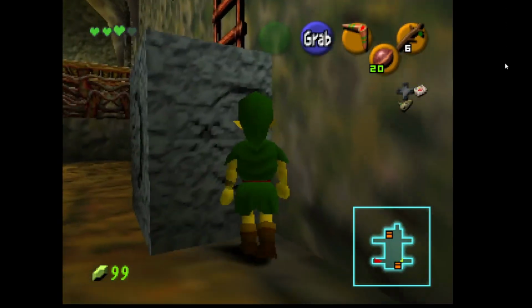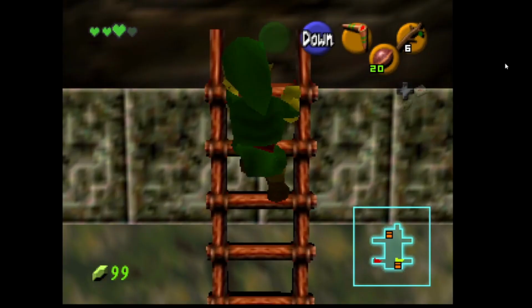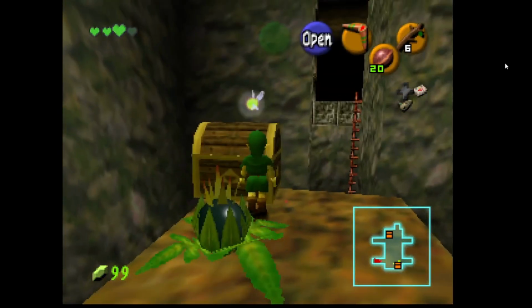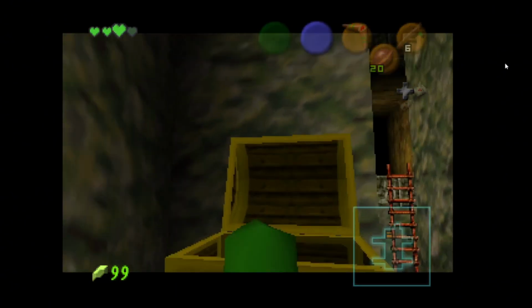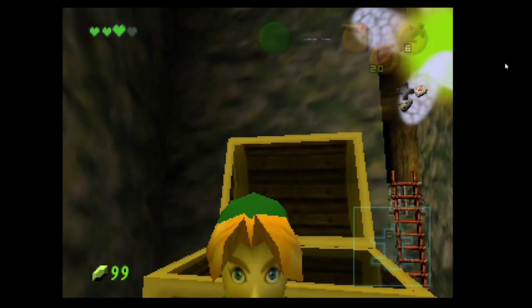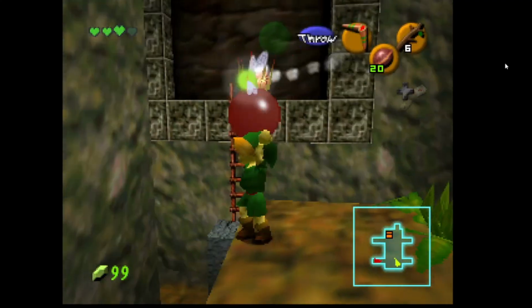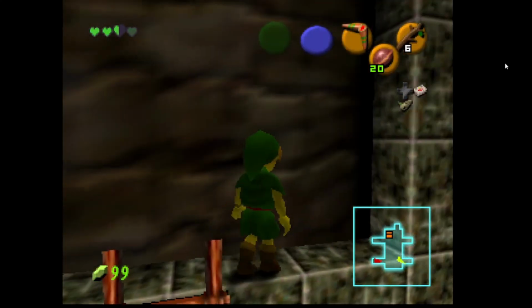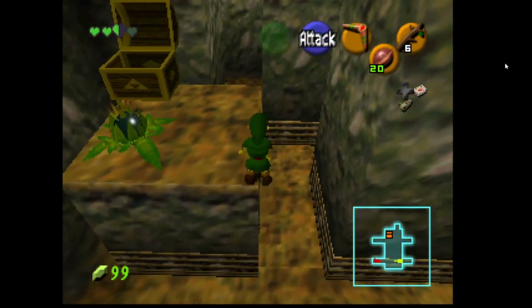Okay, here we go. There we are. Oh, this is a good chest. Good job we did come across here. Iron boots, okay. Okay, well, I don't have to worry about that door really, because...